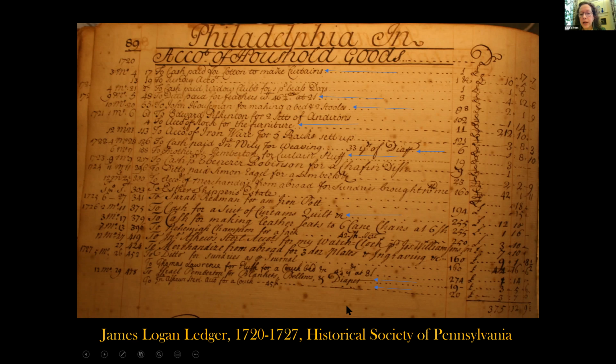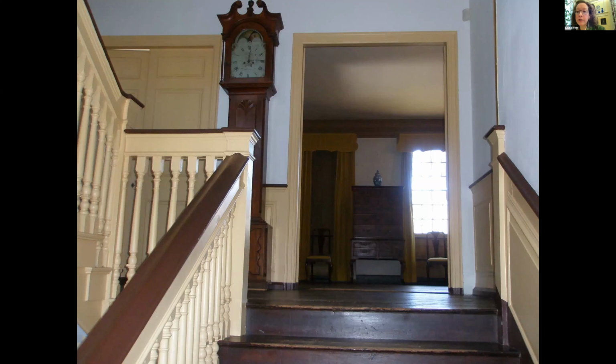An account for a couch. So that just gives you kind of a sense. So I didn't mention the plush for a couch bed. So you get the sense that Logan is acquiring textiles, trading in textiles, and in fact, one of the things